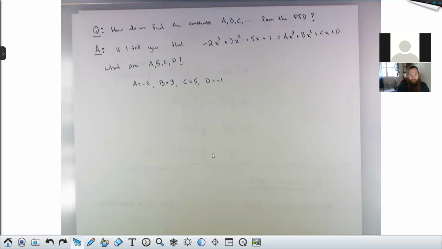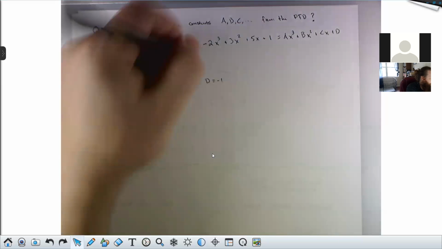Because of the power of the x. Yeah, it's deeply connected to the power of x, right? I'm able to set the coefficient of one power of x equal to the coefficient of the other power of x. The reason for that